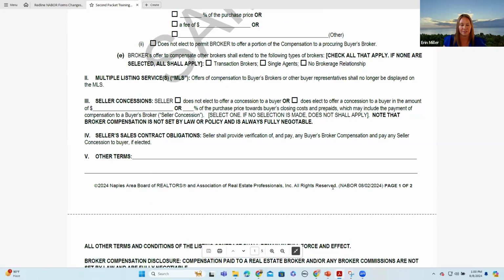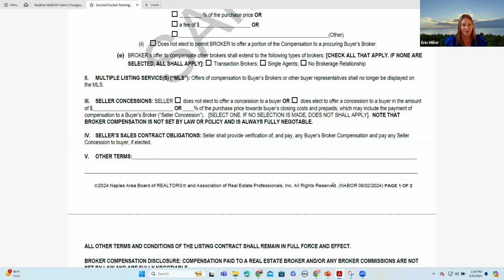Subparagraph 3 regarding sellers' concessions. Remember, our original listing agreements did not, so for the form October 1st, 2022, that form did not have a section regarding seller concessions. So now if the seller would like to offer a concession to a buyer, we've got subparagraph 3. This language and the language above it is exactly what appears in our listing agreement, now our newly